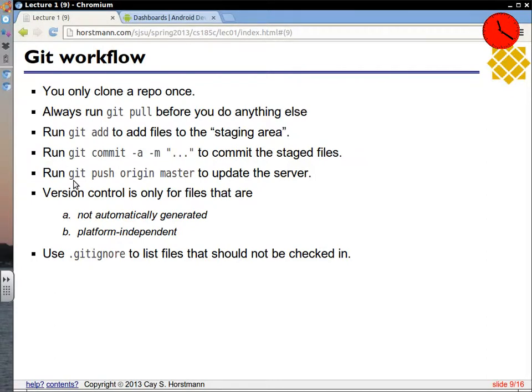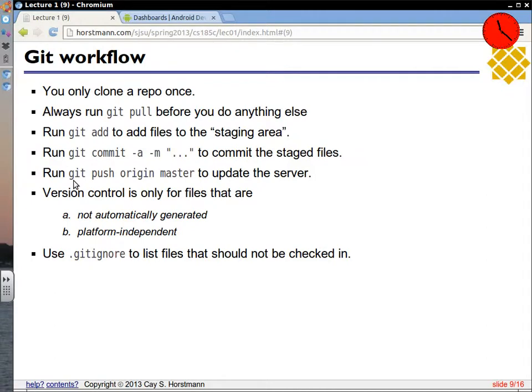If accidentally you did check one of those in there, then what can you do? That would be a good time to put a question into Piazza, because then I would have to figure out exactly how to do it. You have to remove it, but of course you still want it locally. You have to add it to gitignore. You have to put it back, and then it'll work. All right, we'll practice this for a couple of weeks so that it becomes second nature by the time we need it in the project in earnest.